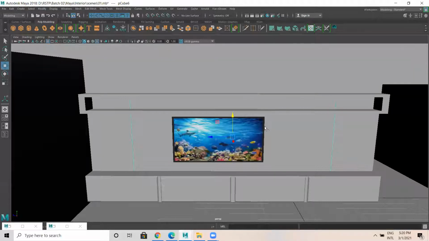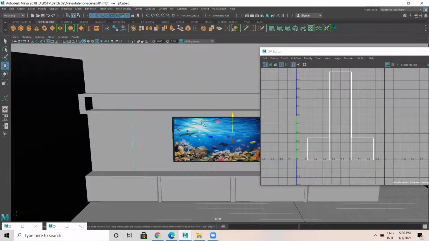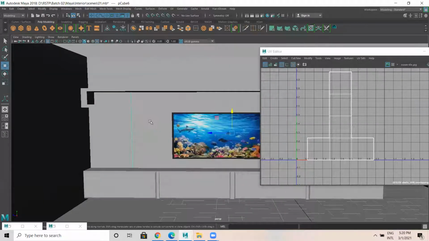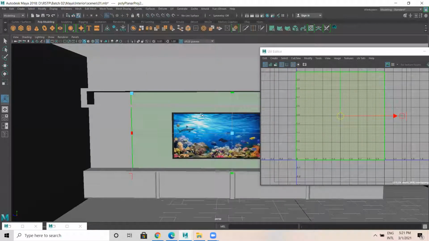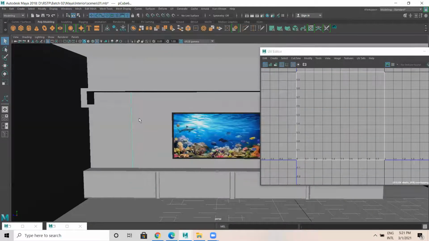You need to unwrap this. I need to unwrap this into which axis? Now tell me which axis I have to do. Observe here. Sorry, sir. The network on the side is a bit slow. On the y-axis. No, y is top. Y-axis is top. I mean, this is x-axis. X. Now go to UV, planar mapping, x-axis, project. Front view is x-axis. Always front view x-axis, side view z-axis. Top view is y-axis.